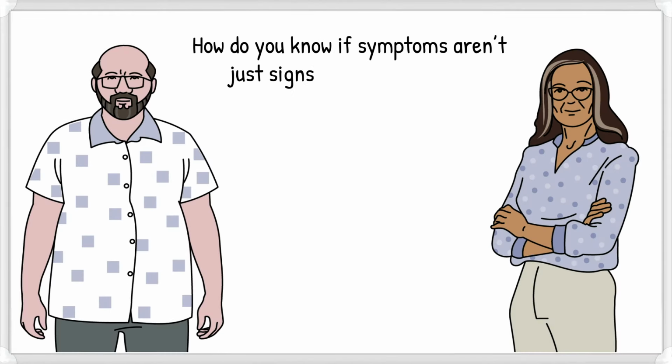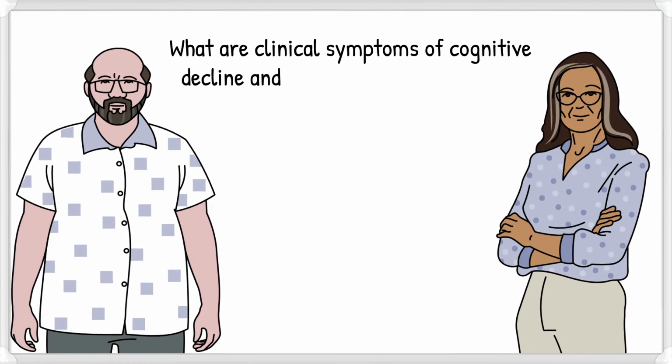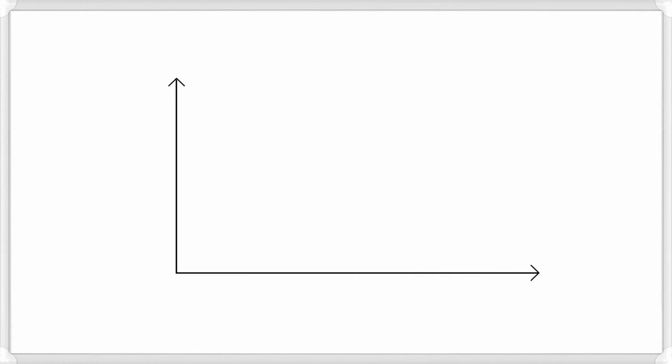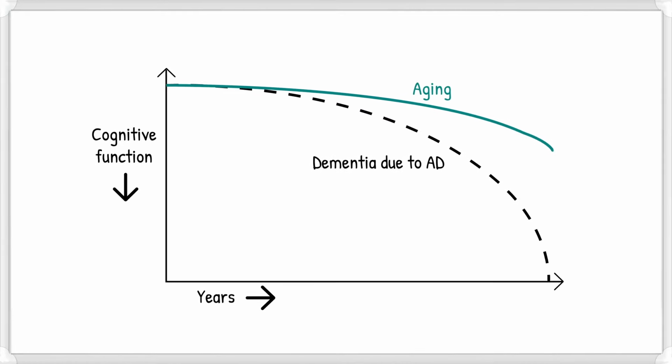But how do you distinguish normal cognitive aging from dementia? What are the clinical symptoms of cognitive decline and dementia? And how do these conditions progress over time? Let's break it down. The differences between normal age-related cognitive changes and cognitive changes associated with Alzheimer's disease can be